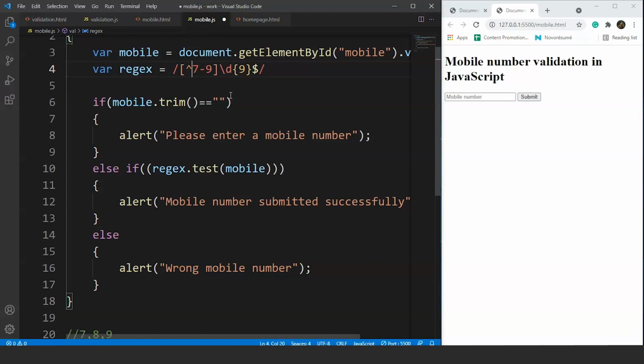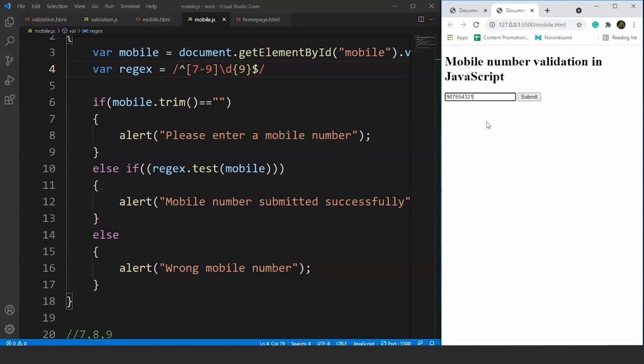We have already discussed the use of this caret character. Now if we write it here, it will denote the start of a string. So you will not get confused if the concept of meta characters and character sets are clear to you. So let's check the output. Save it. And we'll check for certain phone numbers now. We'll check for that particular condition only.